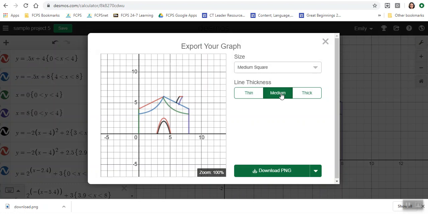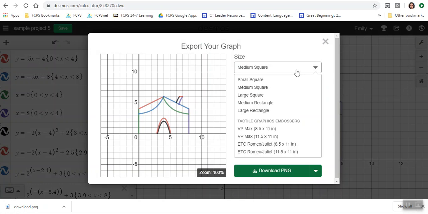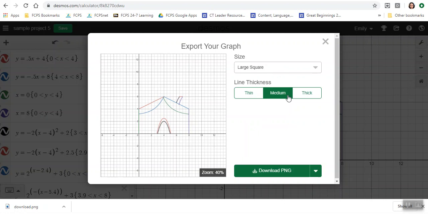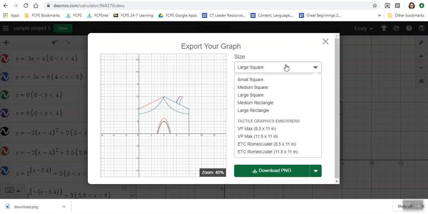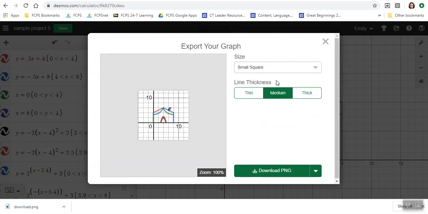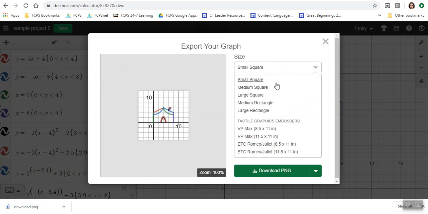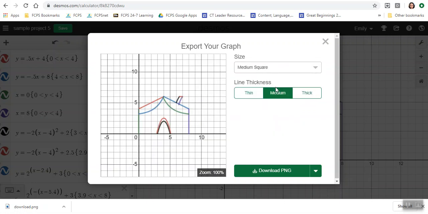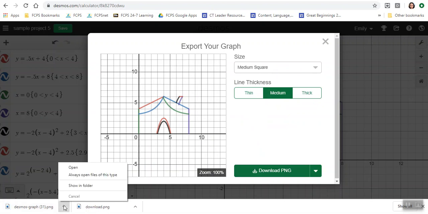I might change my line thickness just so I can see it a little bit better. Looks like I can change the zoom. No, I can't. What if I change this? That doesn't help me any. I like the way it was. Okay, I'm going to download it, open it,